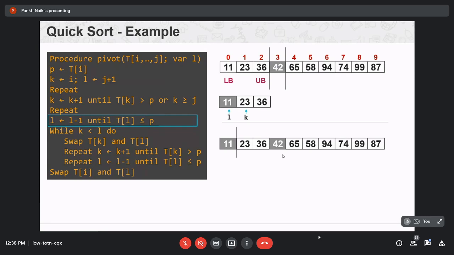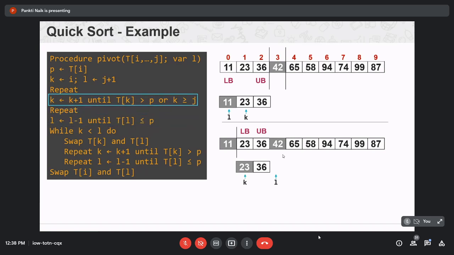Now again, next solve the right subarray of your subproblem. Select the pivot value 23 and repeat the same procedure.